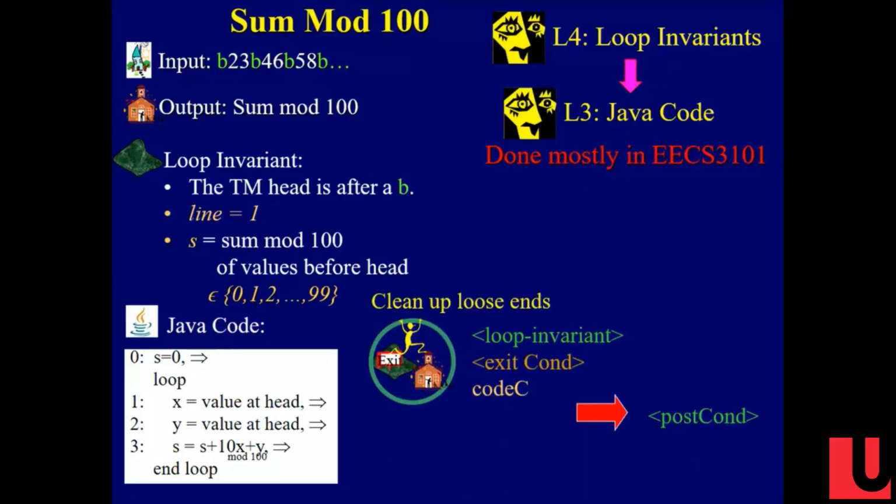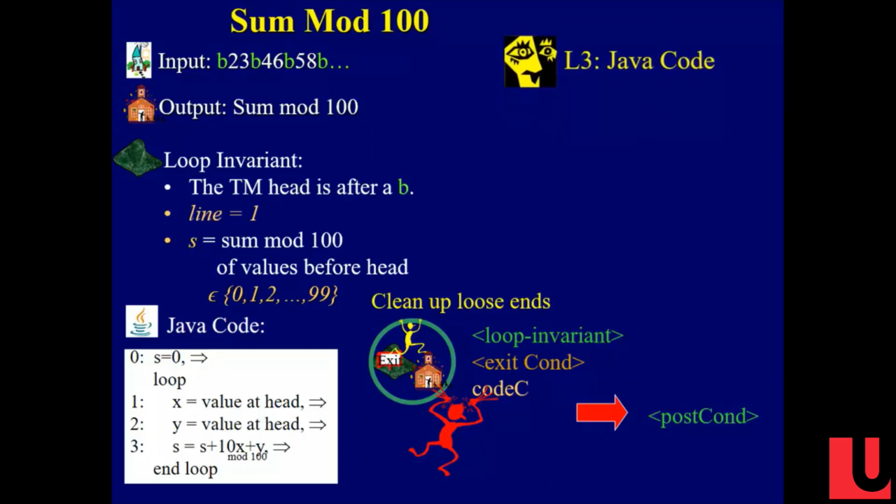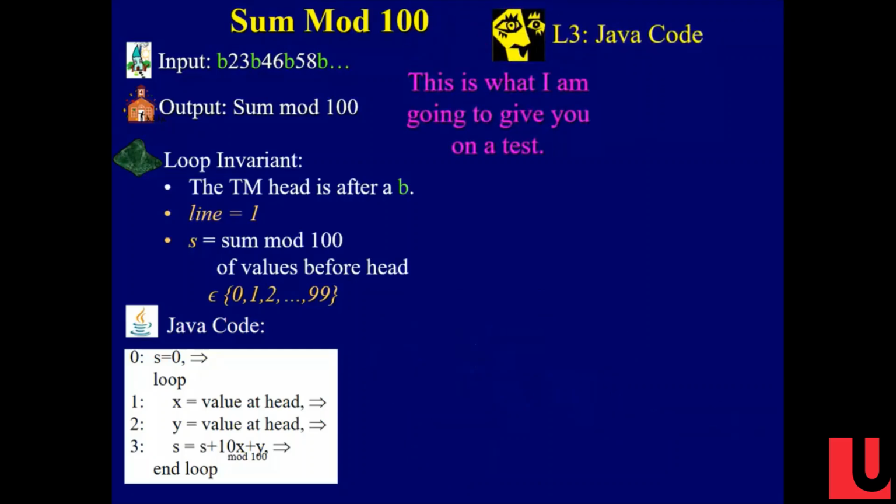All right, how do I get to the end? I come in, I know the loop invariant's true, right? I'm after some number. Then the exit condition is true. Oops, I don't have an exit condition. This code is going to do what? It's going to run forever, right? We'll bring an exit condition in later. Right now, we don't have an exit condition. All right, so now what are we going to do, right?